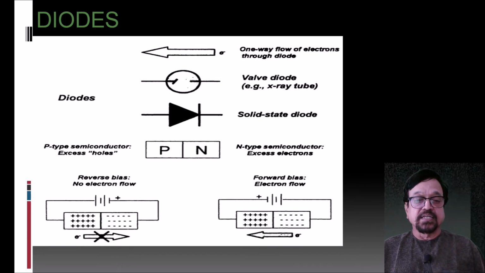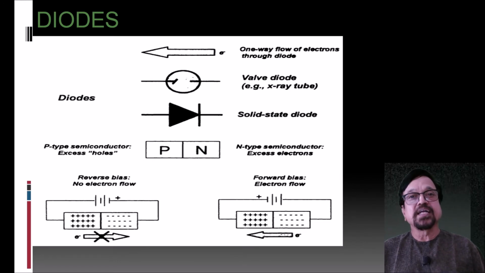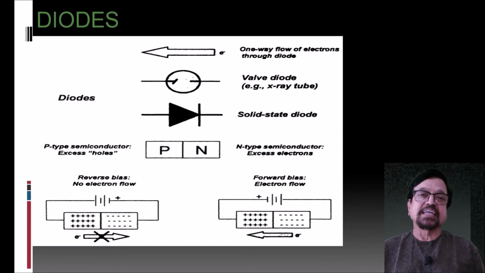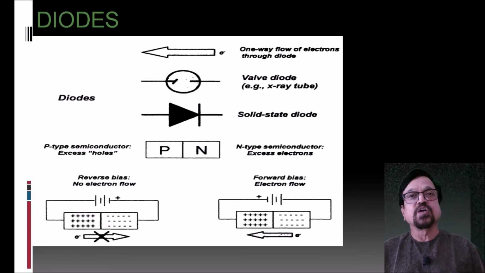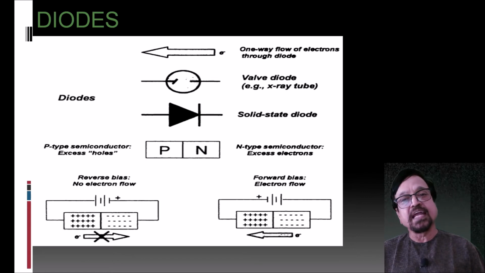Now diodes. Diodes are essentially meant to ensure that the electric flow will be in one direction. As we have just seen, the electrical wave has both sides. Every time there will be a forward direction of electrons, and at one stage it will be on the negative side, the other side. If that is happening, there will not be a continuous flow of X-rays. So what the diode ensures is a unidirectional flow. Flow will be in a single direction. There will not be any reverse bias. There will be only a forward bias.